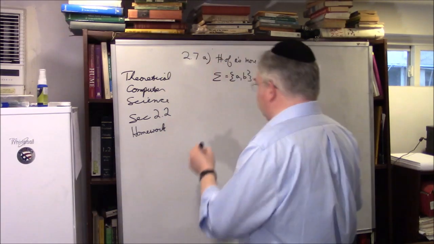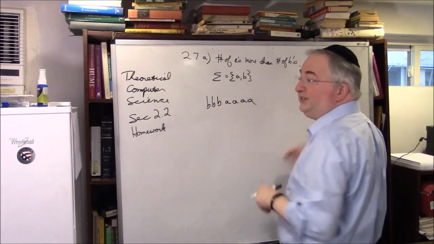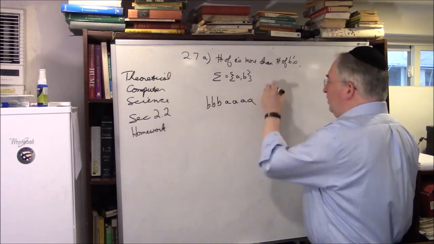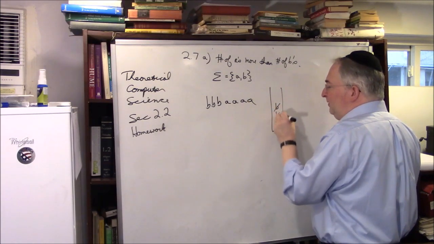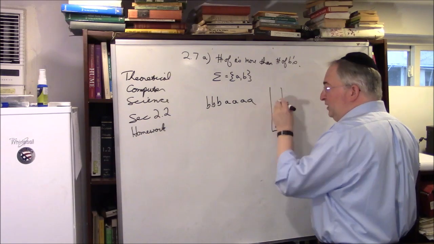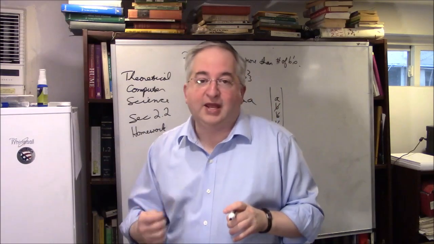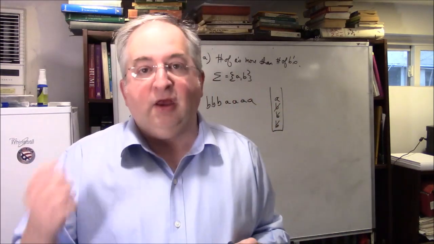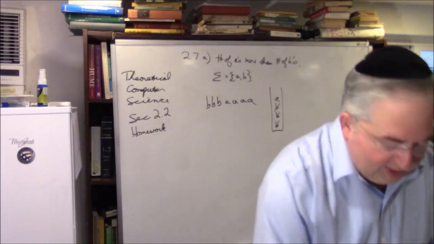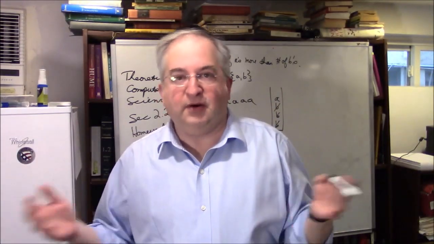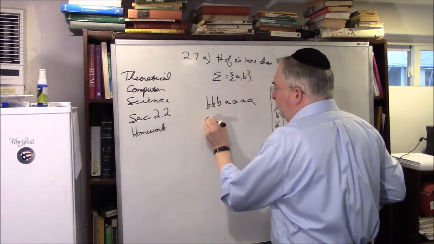For example, this word, B B B A. This word is accepted because there are more A's than B's. What you do is you put on the B's, and every time you see an A, you pop it. Then when you see an A and there's nothing there, you put on an A again. The most important thing is at the end you should have at least one A on your stack. So there's a lot of non-determinism here, and that's something we can't avoid because this word